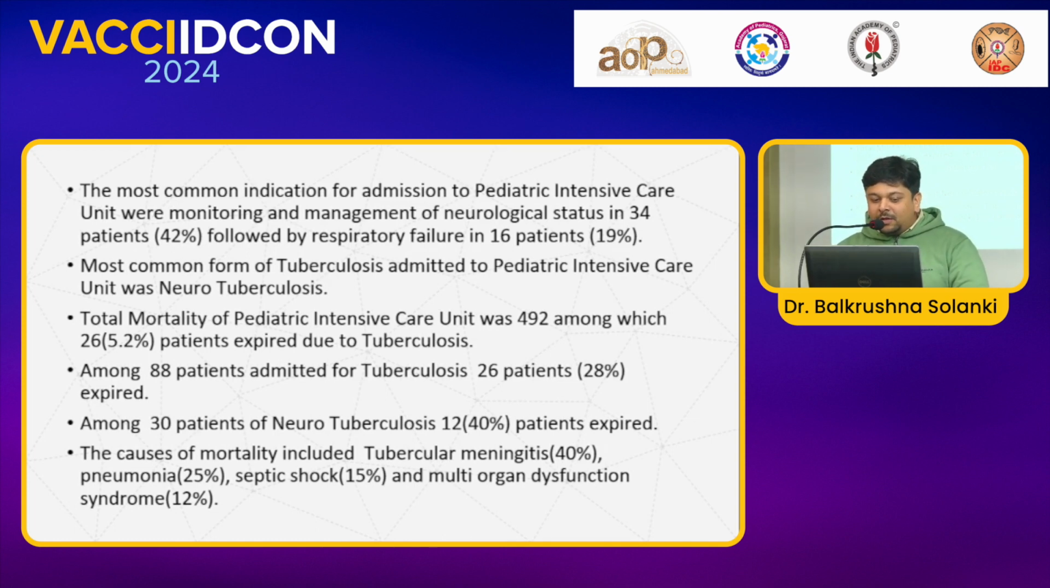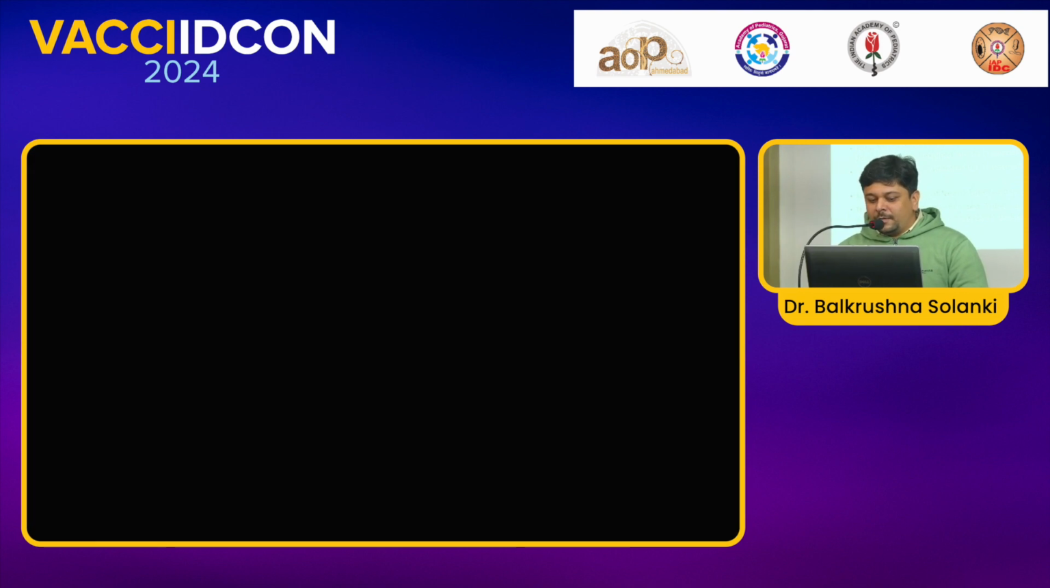Among 30 patients of neurotuberculosis, 12, which is 40% patients, expired. The cause of mortality include tubercular meningitis, which is most common, 40%, followed by pneumonia, 25%, septic shock, 15%, and